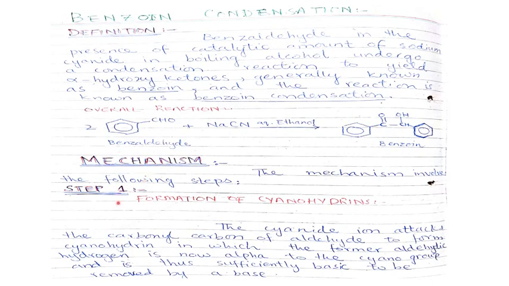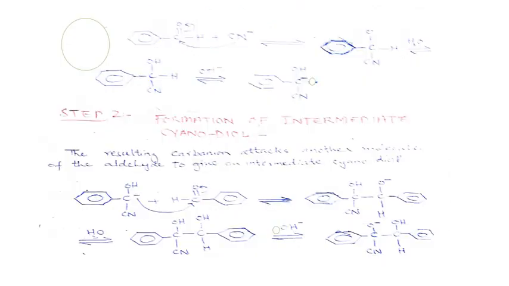The mechanism is as follows: in step one, formation of the cyanohydrin takes place. So the cyanide ion attacks the carbonyl carbon of the aldehyde to form a cyanohydrin, in which the former aldehydic hydrogen is now alpha to the cyano group and is thus sufficiently basic to be removed as a proton. Benzaldehyde. The cyanide ion will attack the partial positive carbonyl carbon of the benzaldehyde, and